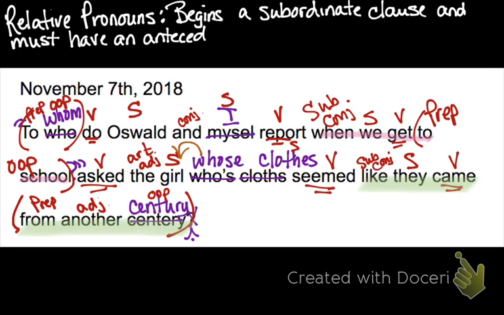What is an antecedent? Look at your notes from yesterday. An agreement. Hmm? It refers to the noun. It's the noun that it refers to, right? So what's the noun for whose? What is whose talking about? The girl. The girl's the noun, is it not? So does it have an antecedent? Yes. And it is a relative pronoun that begins yet another subordinate clause. So there's a subordinate clause within a subordinate clause, is there not?